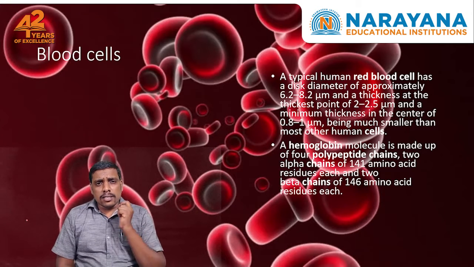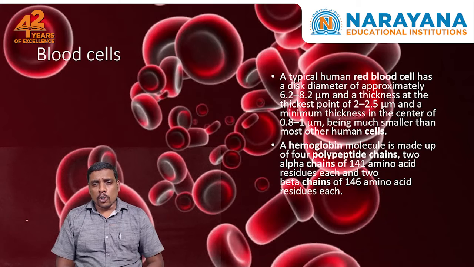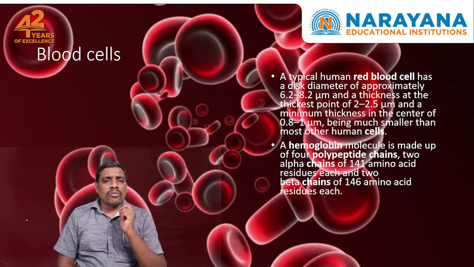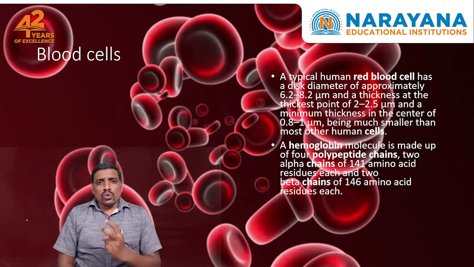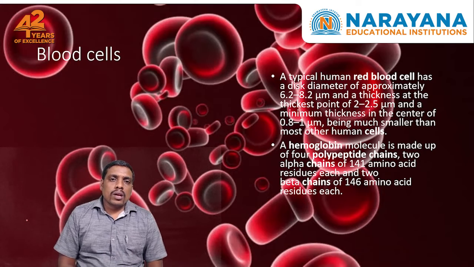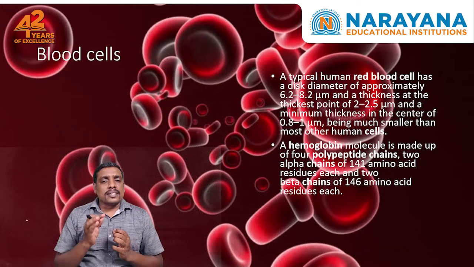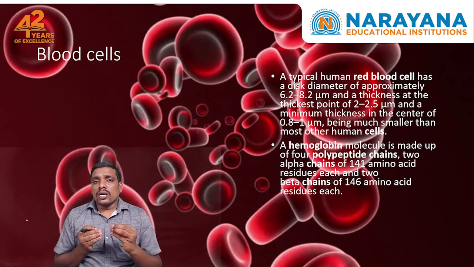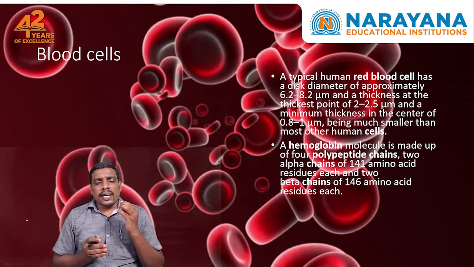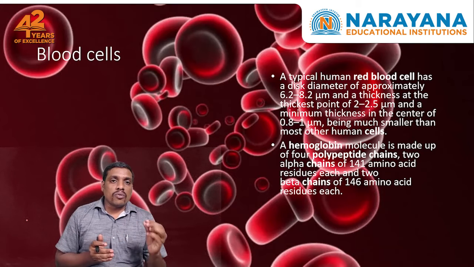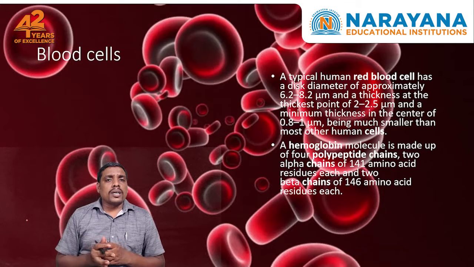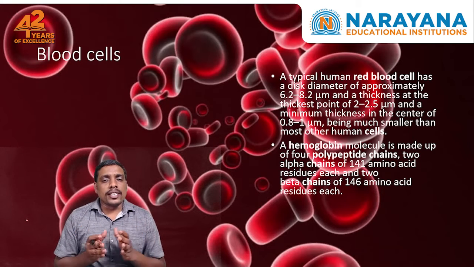The human red blood cell is made up of a globulin protein called hemoglobin. Hemoglobin is a globulin protein present in the RBC that is made up of 4 polypeptide chains. There are 2 alpha polypeptide chains and 2 beta polypeptide chains present in the hemoglobin. These 4 polypeptide chains together form a tetramer, which is the functional unit of hemoglobin. This tetramer can carry at a time 4 oxygen molecules from one place to another. At the same time, they can receive 4 carbon dioxide molecules towards the lungs during the respiration process.